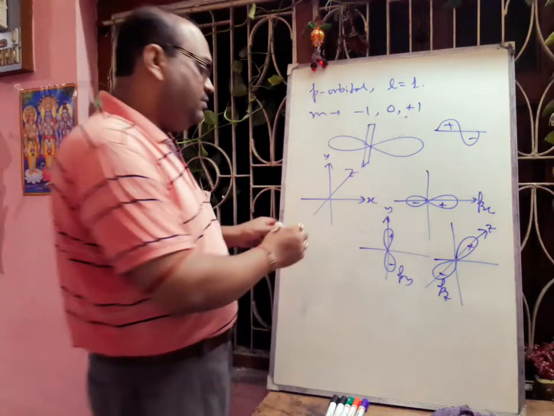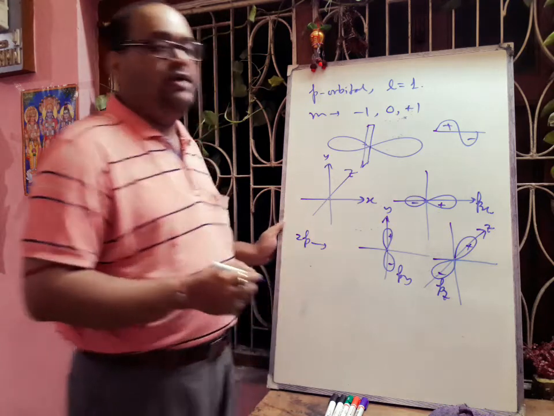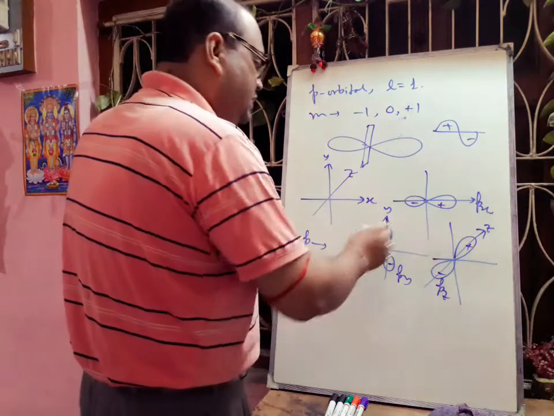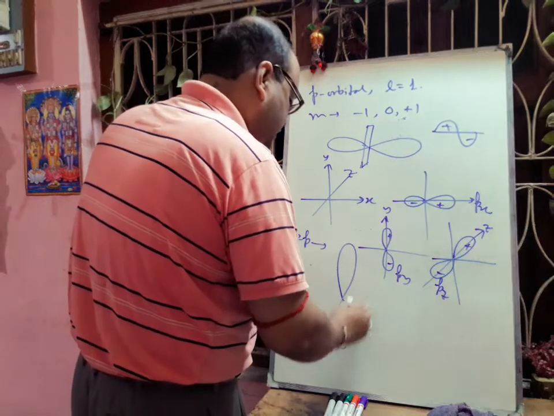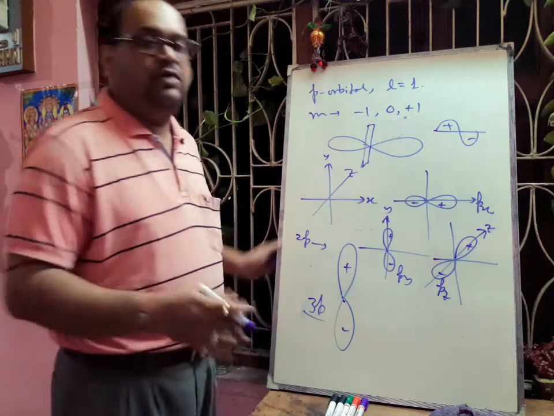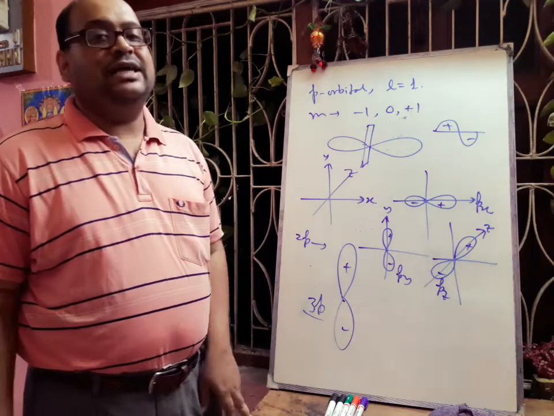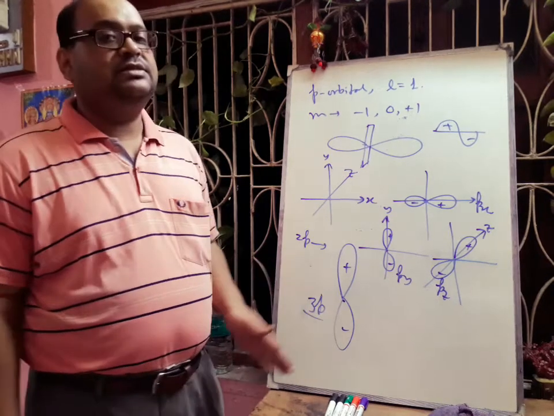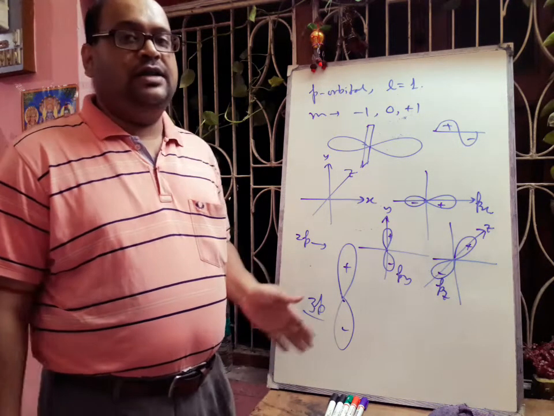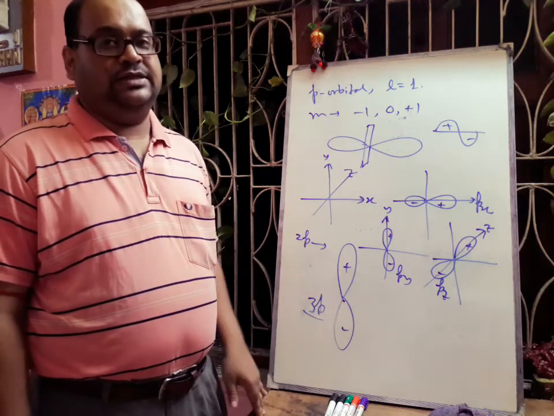Now the value of n: p will start from n is equal to 2, so it is 2p. If you want to draw the structure of the 3p orbital, that will be larger in size. If this one is the 2p, then 3p will be larger. So this is the 3p, and 4p will be even larger as the value of n is greater. As n is increasing, the radius, that is the distance from the nucleus, is increasing. So the orbital also becomes larger, the volume becomes larger.